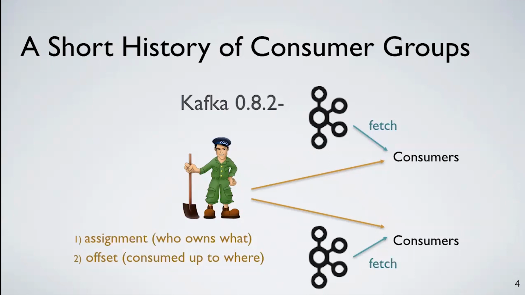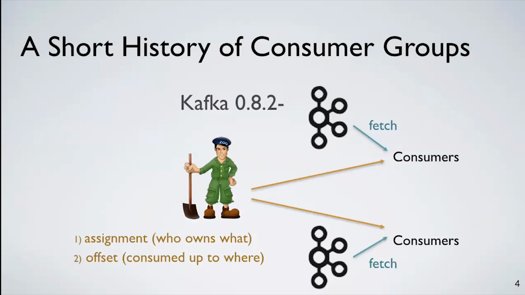And in addition, whenever partitions are moved from one consumer to another, we also have to remember the consumption offsets of the old consumer, so that when a partition migrates from one consumer to another, the new consumer can pick up this consumption offset and resume from that position. So in the old versions of Kafka, we actually put both of that information, the assignment as well as the offsets,